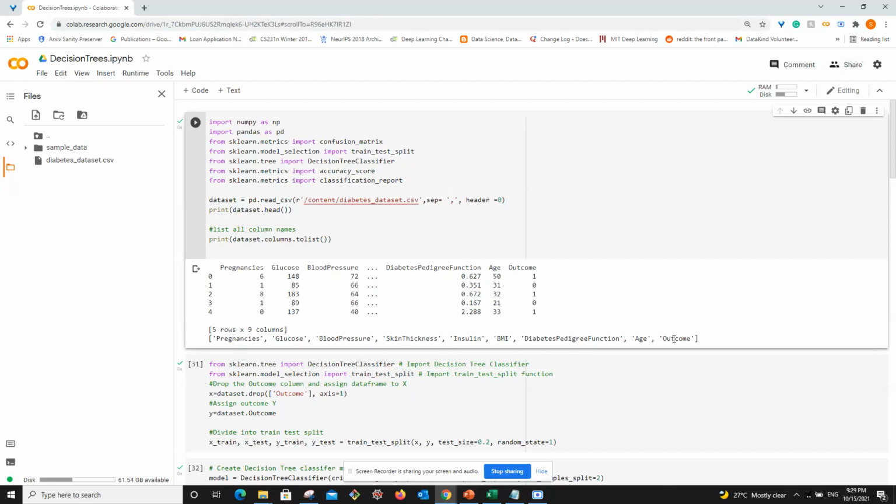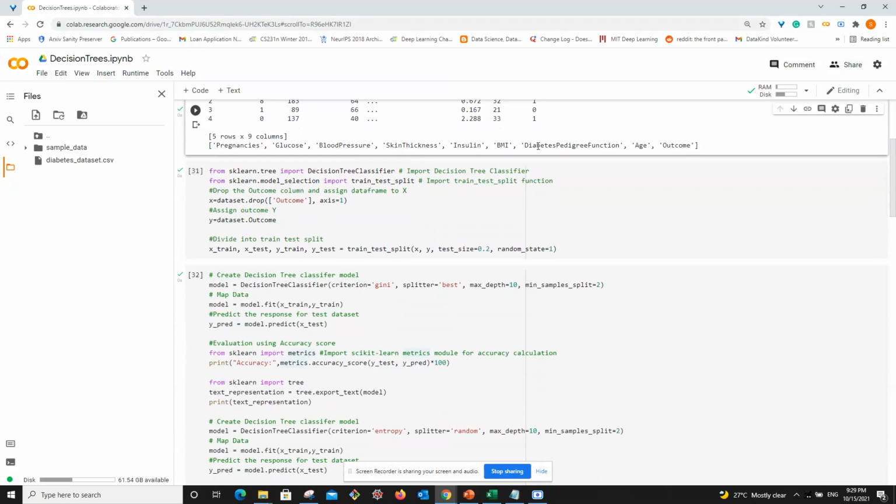The output column is the outcome, and we have several columns: pregnancy, glucose, blood pressure, skin thickness, insulin, BMI, body mass index. In the regular approach of any algorithm, you divide into x and y, then train test split, and then you fit the classifier, choosing what type of information gain, Gini or entropy, and what the possible values are. There are two: one is entropy, the next is Gini, and some default variables. The splitter could be best or random. I've tried two different configurations by changing the configurable parameters.